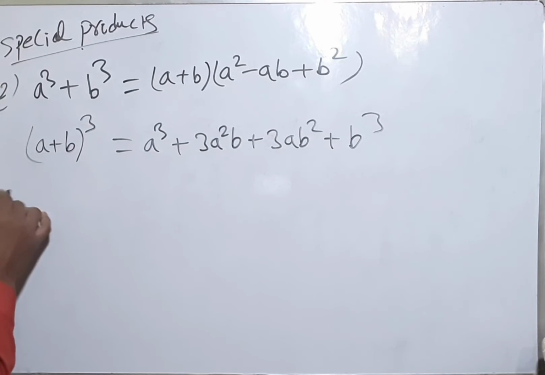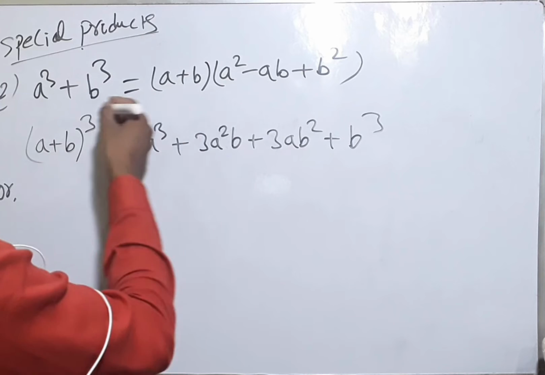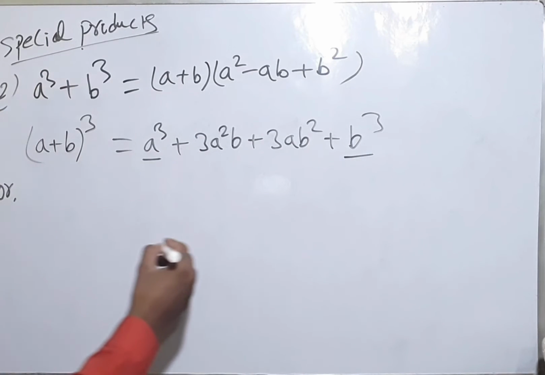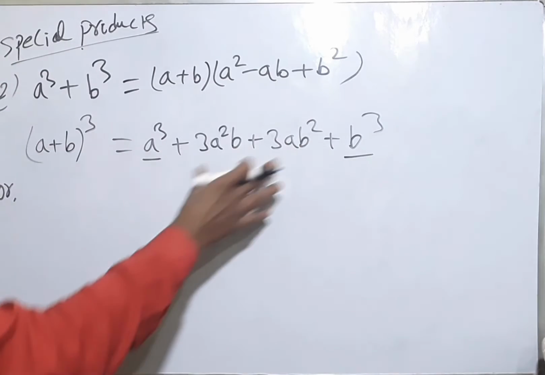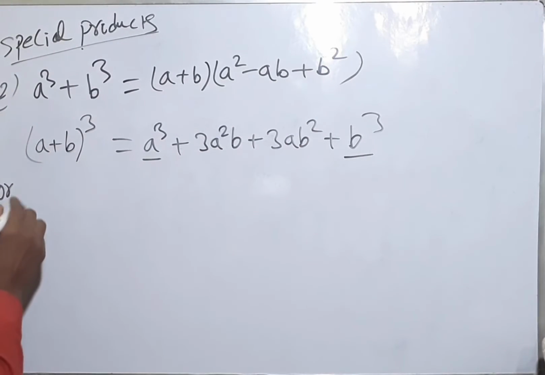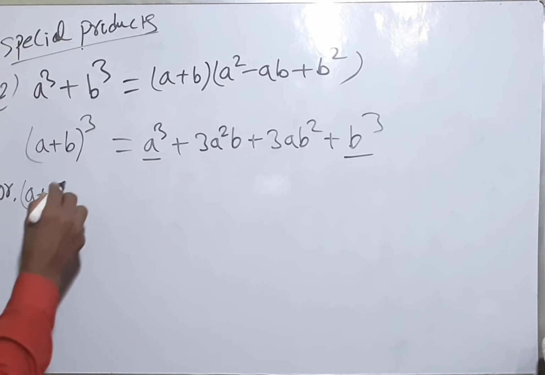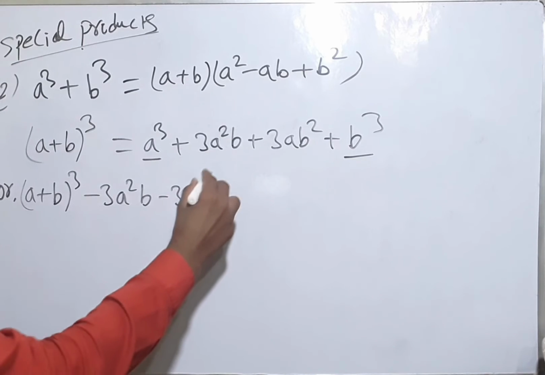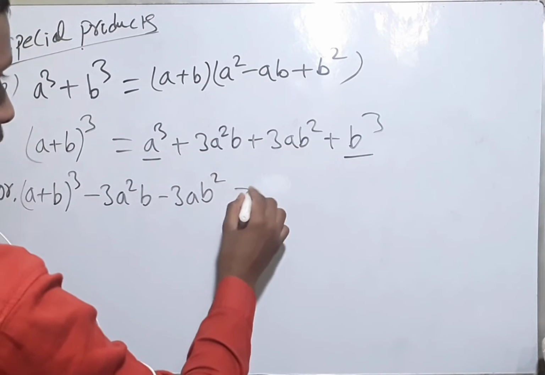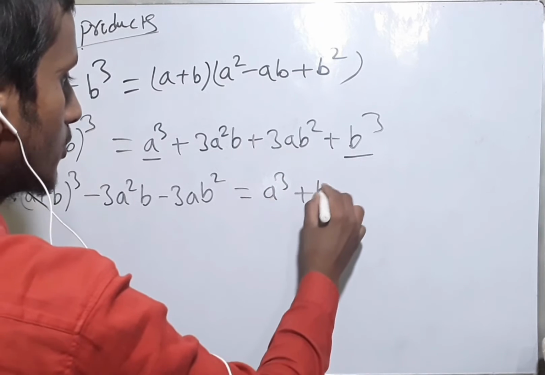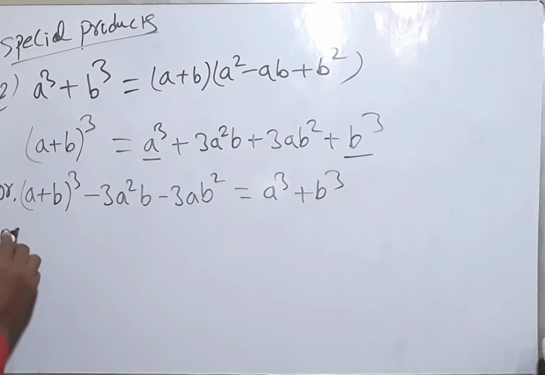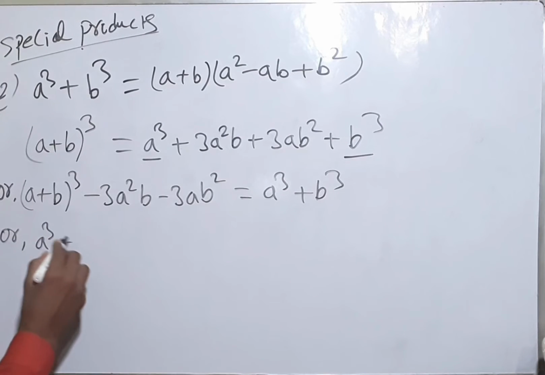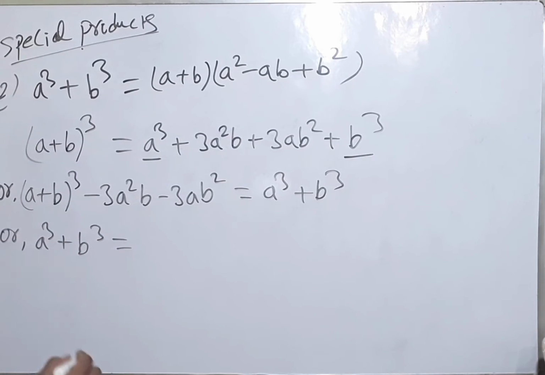Now, further simplifying this, what do you want to find the value of? What do you want to figure out? We want to know what a cubed plus b cubed is equal to. In order to do that, we have to take all of those things onto this side. So this will be a plus b to the whole cubed minus 3a squared b minus 3ab squared equal to a cubed plus b cubed. Further solving this, a cubed plus b cubed is equal to, factor this out,